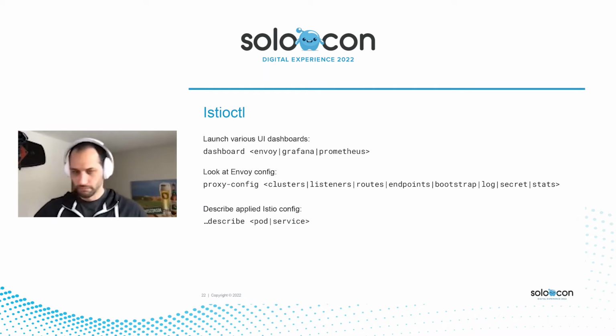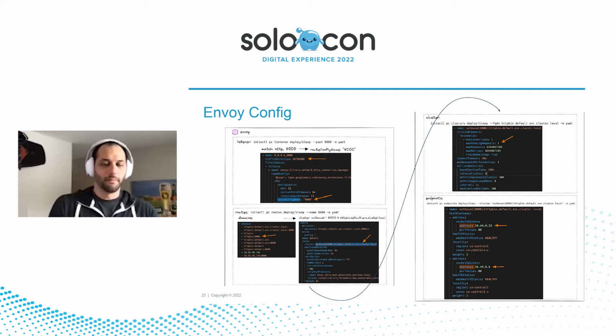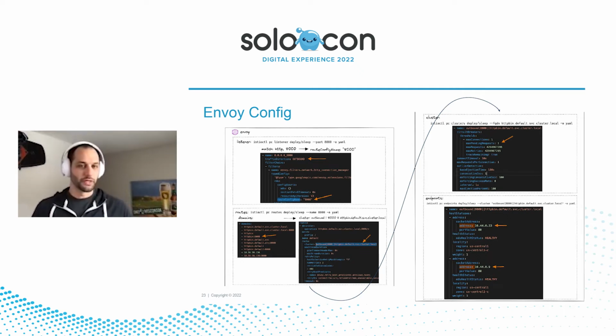So the first one, this one is definitely more of a developer related role, even though it's pretty deep and internal to Istio. Kind of an operations side as well. Those sidecars that are running on each application are Envoy proxies. And somebody is going to eventually have to go and look at that Envoy configuration to make sure it's correct or functioning correctly. And so depending on who wants to take up that responsibility, Istioctl enables you